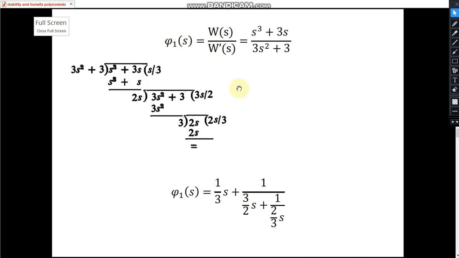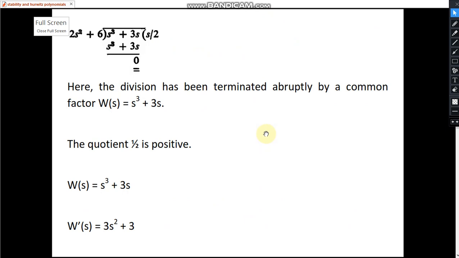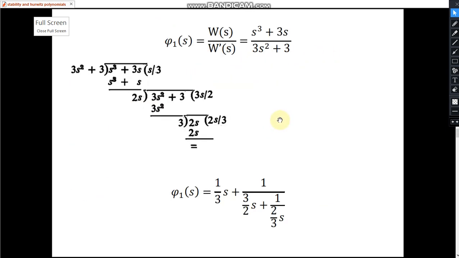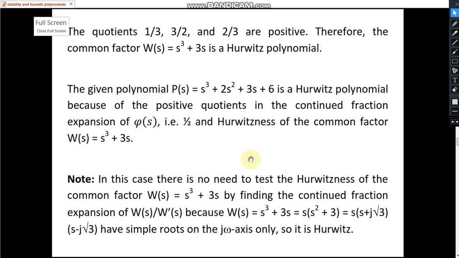Okay, so we conclude that W(s) is Hurwitz. But W(s) is Hurwitz, then this is positive. That means the given polynomial was a Hurwitz polynomial. Okay. But in this case, there is no need to test the hardness of